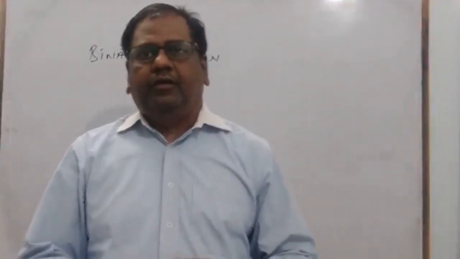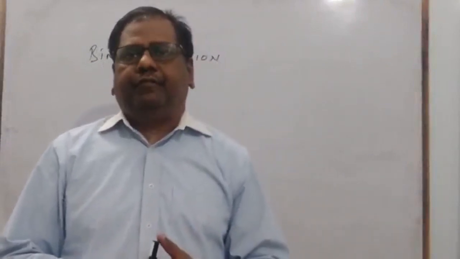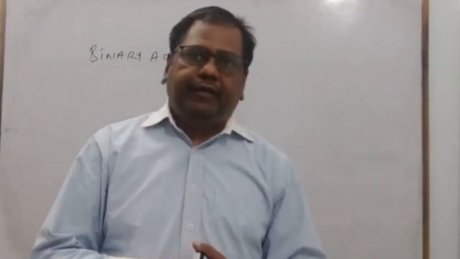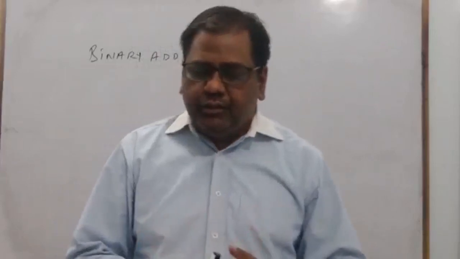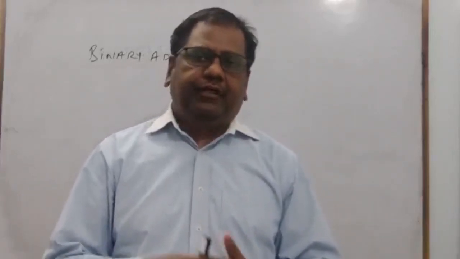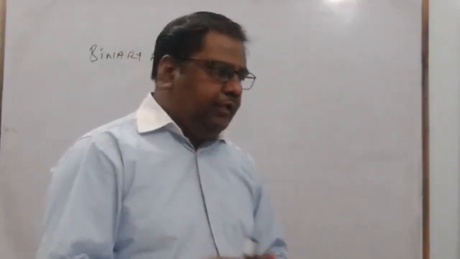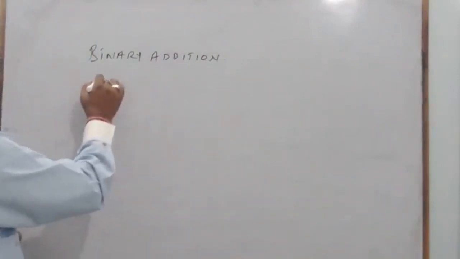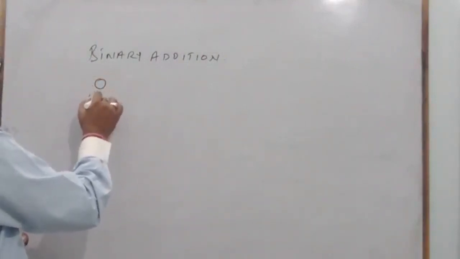And today there is a video lecture and we will be discussing binary addition and binary subtraction. So we have to follow certain rules when we are going ahead with the binary addition, and the rules are: number one, when we talk about the binary addition, the rules say that when you are adding 0 plus 0, there are two binary bits. We are doing the binary addition.